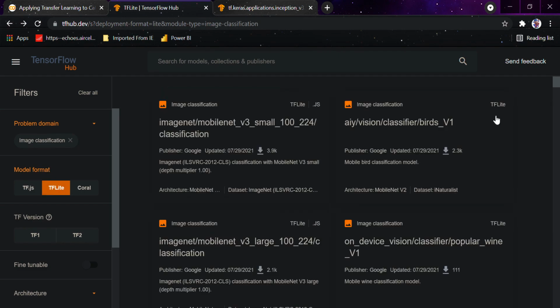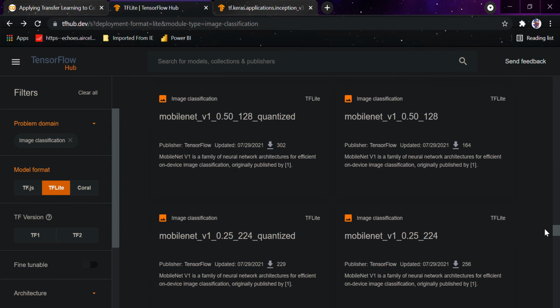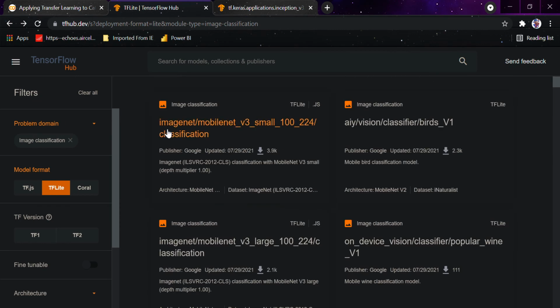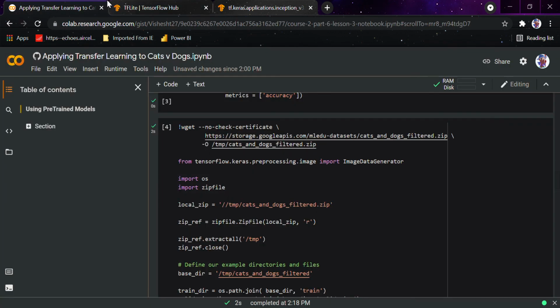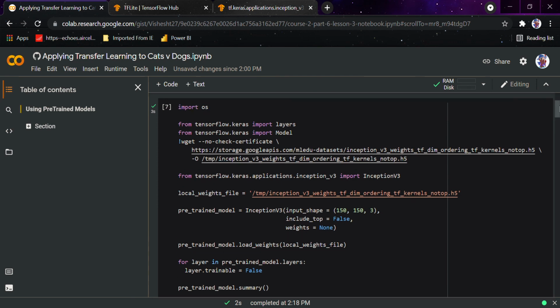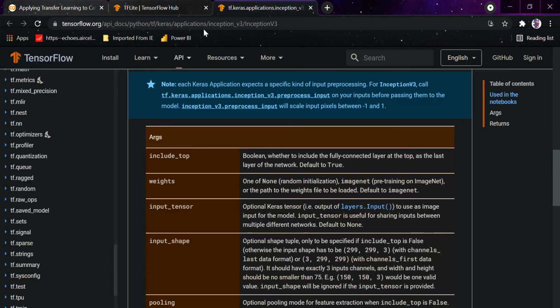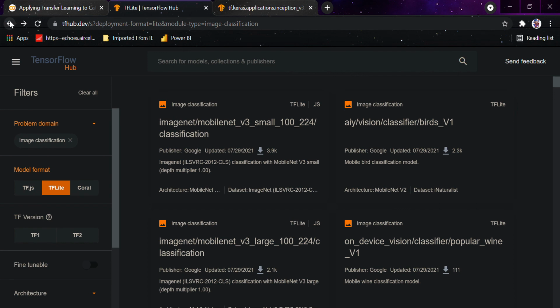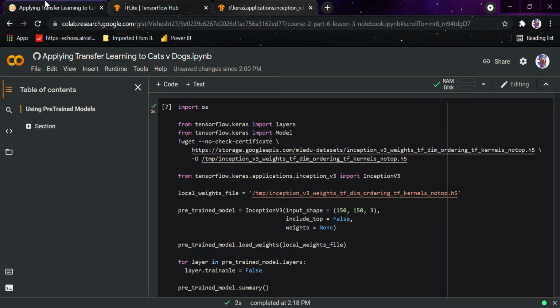If you want to see TF Lite, you can see on TF Lite there are a lot of models available. So it's nice that we have a lot of already available models. You just need to call them using the Keras API, like I did here. If I go above, you can see that from tensorflow.keras.applications we imported InceptionV3, and just like that you can import other models. If you want, you can import a ResNet model here. It totally depends on what kind of model you want and what you are doing with machine learning and TensorFlow. Depending on that, you define the model and call it here using the Keras and TensorFlow APIs. So this is how we improve the model efficiency.